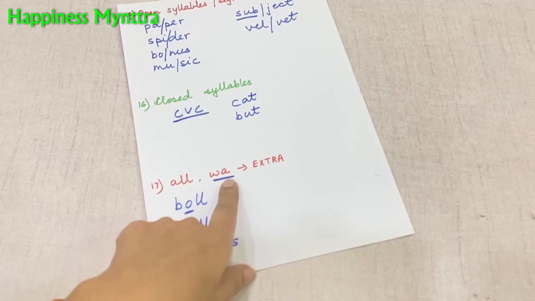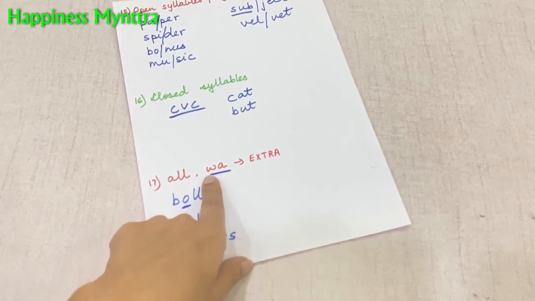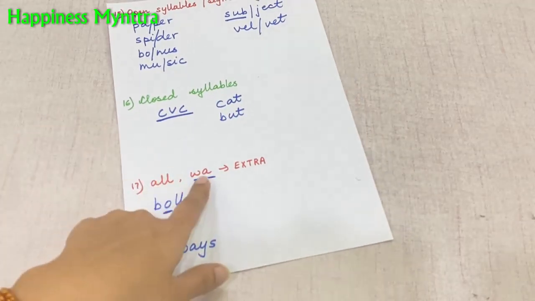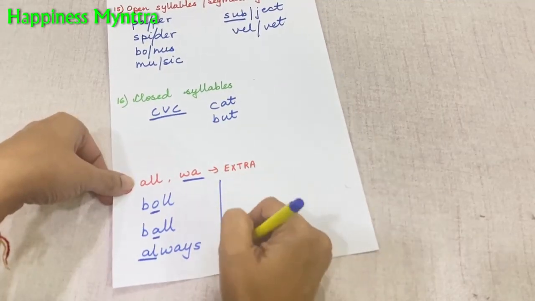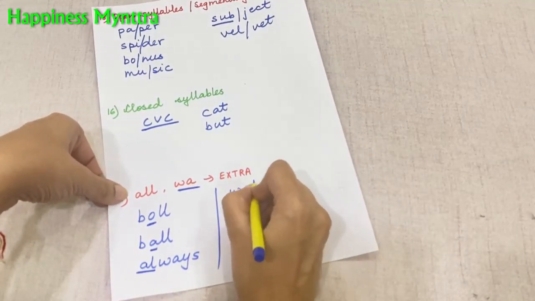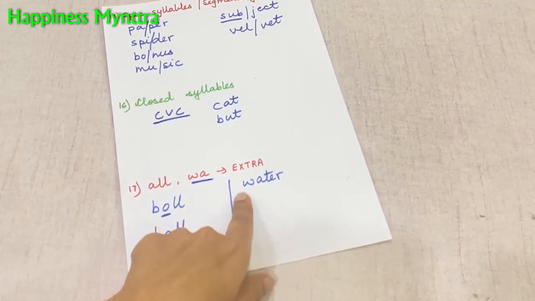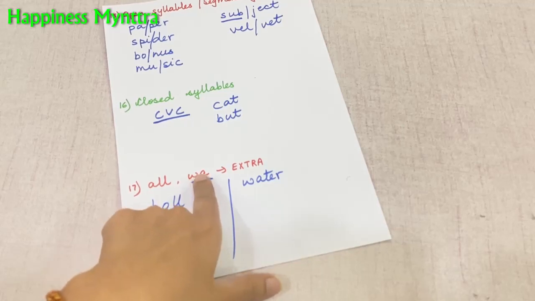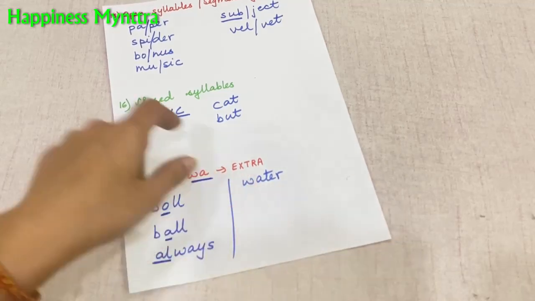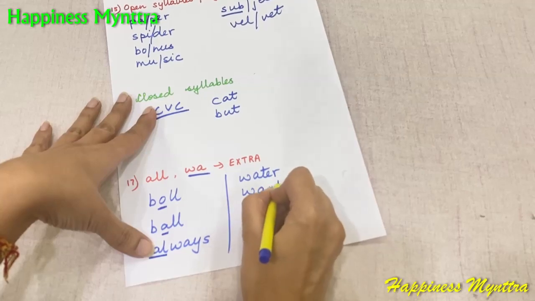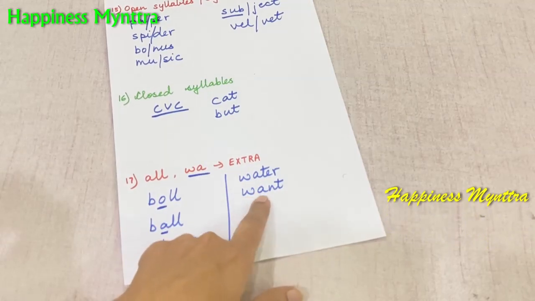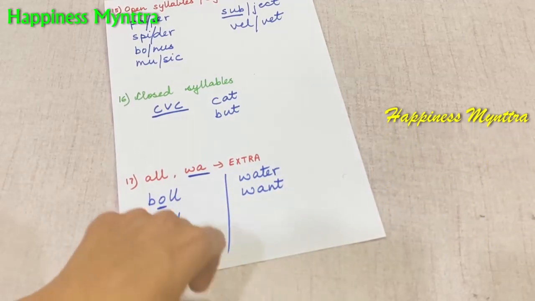Same goes for a W-A combination. Very occasionally we read it as 'wa' as in the short sound, but mostly the common words which the children will be using are read as 'wa'. For example, again, one of the first words that the children come across is water. So this is water. It is not 'wat-er', right? So they need to know that often when they have a W and an A coming together, they'll read it as 'wa'. For example, a word like want. 'I want' is something children say very frequently. So want is W-A, but it is read as 'wa'.